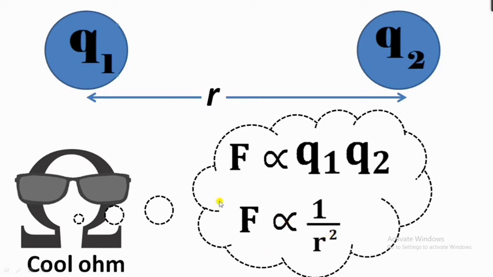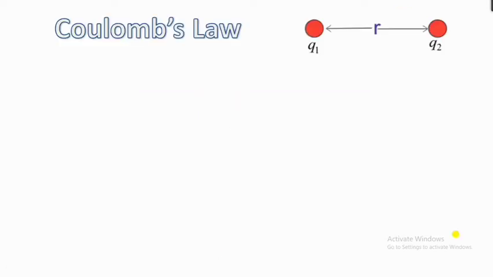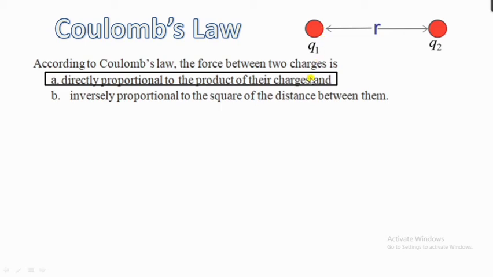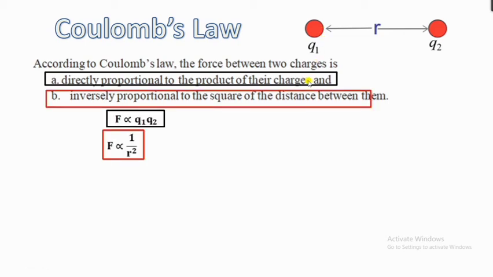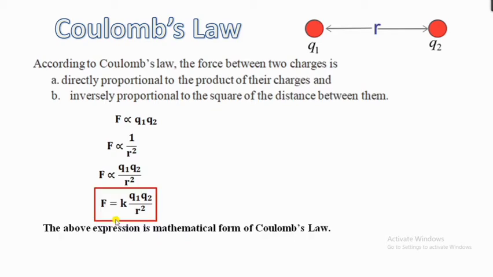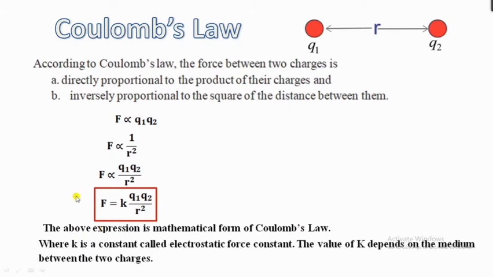because it's inversely proportional. Now according to Coulomb's law, force between two charges is directly proportional to the product of their charges and inversely proportional to the square of distance between them. According to the first condition I can write this, according to the second condition I can write this. If you combine them you will get F is proportional to Q1 Q2 divided by R square. Now I'll remove this proportionality sign with a constant K. This is the mathematical form of Coulomb's law, and this K is a constant called electrostatic force constant, and